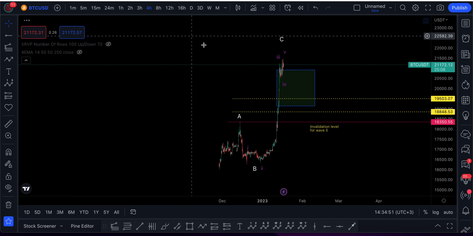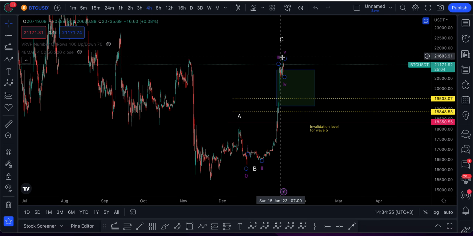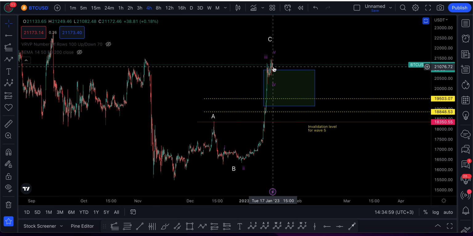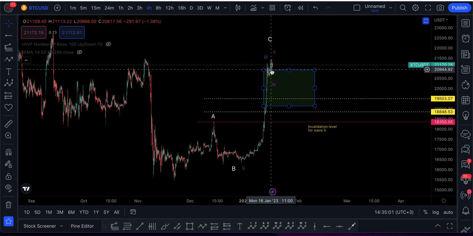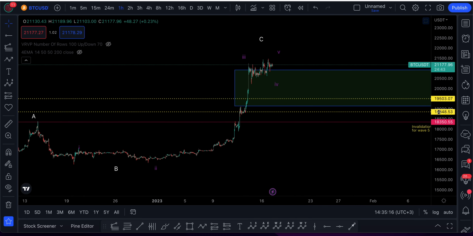Let me switch to the 4-hour time frame. We have A, B, C. We are currently in the C wave, and we are at a very critical level, which is the 1.618 Fibonacci level, where we expect the move. We expect BTC to drop. But before it drops, we have to analyze what is currently happening on a lower time frame, such as the